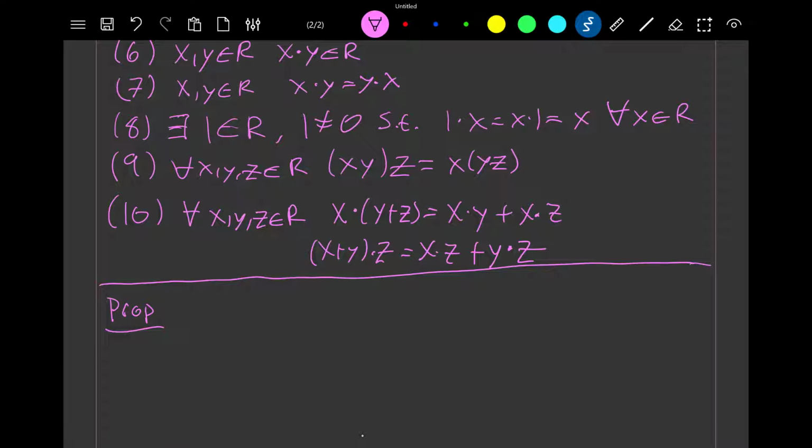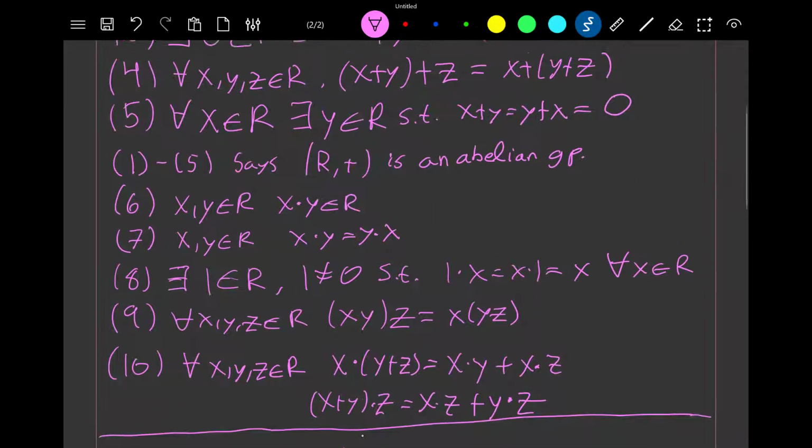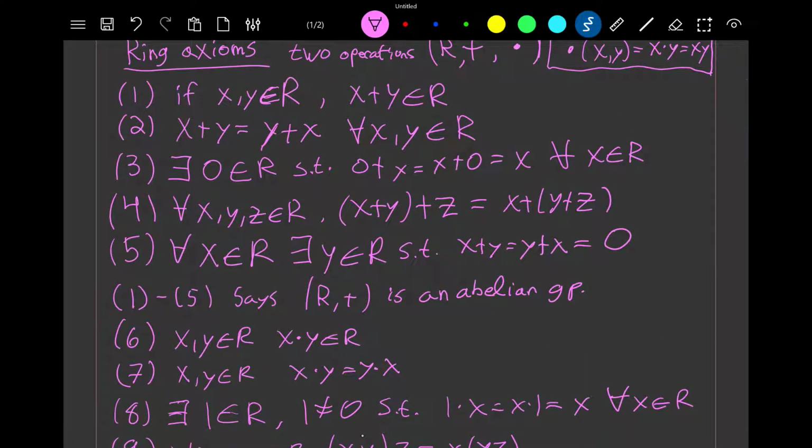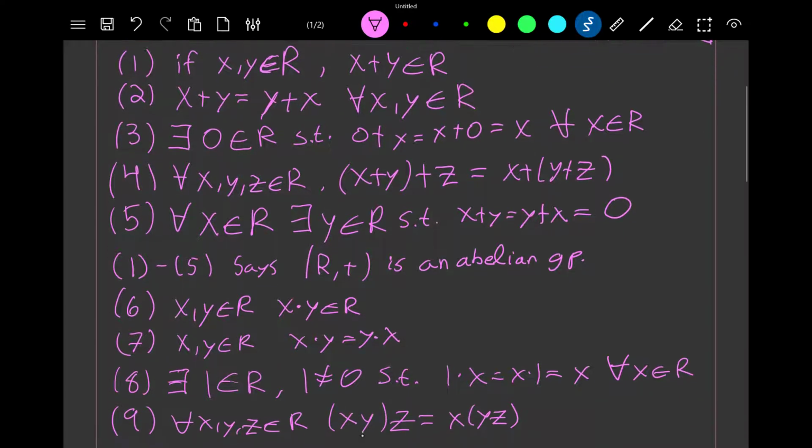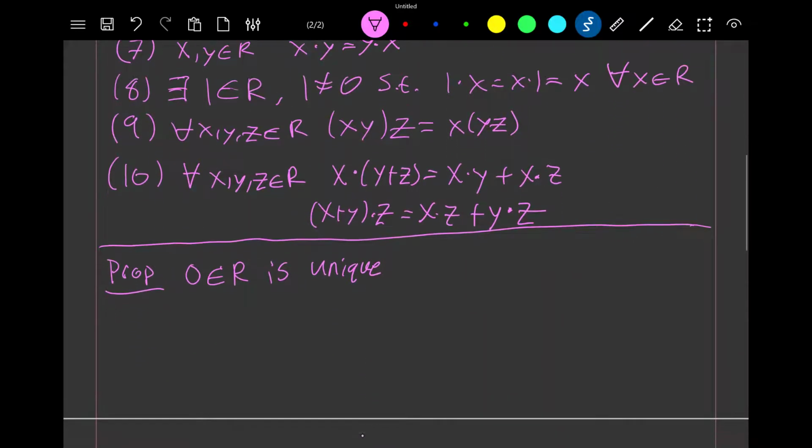So maybe the first elementary proposition is: the 0 in the ring is unique. So all we said is that there exists some element 0 in the ring such that 0 plus x is x plus 0 is x, but we don't know that that's necessarily unique. And the proof is,